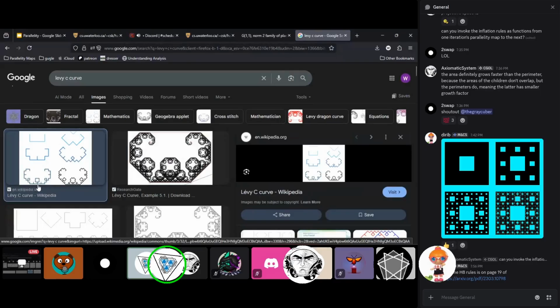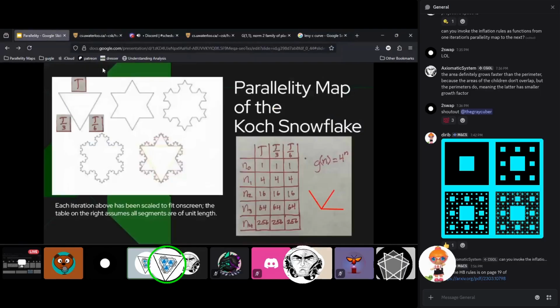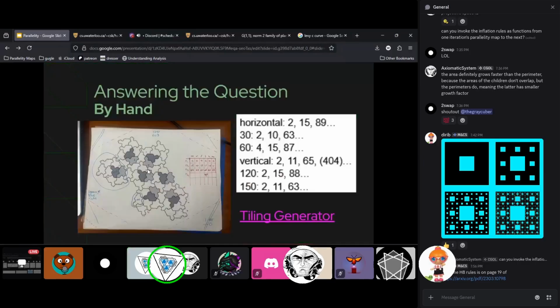This segment down at the very bottom literally overlaps itself, and so right here at this particular iteration of the rule, you could either have a parallelity map for the minimal number of line segments, the ones you're looking at right here, or you could have a parallelity map that has an extra count for those segments that overlap. It's the same way that on a tiling, you could have a parallelity map that describes all interior segments as two segments,